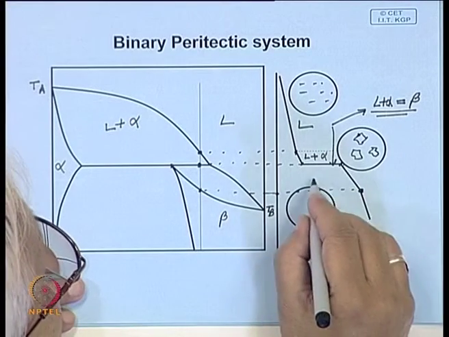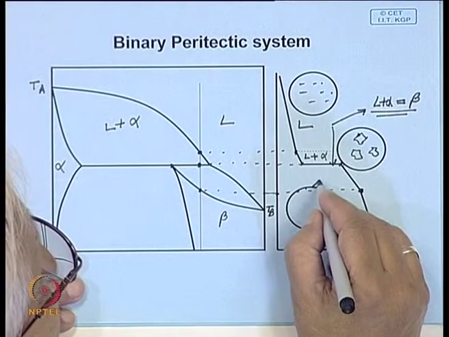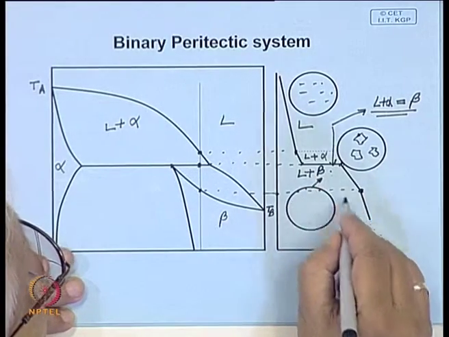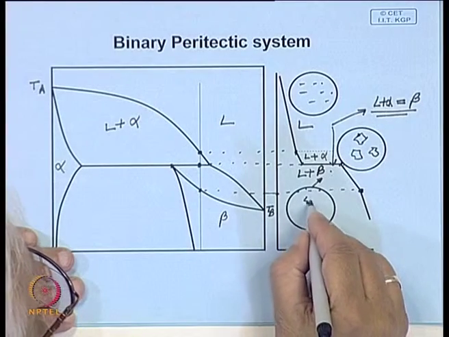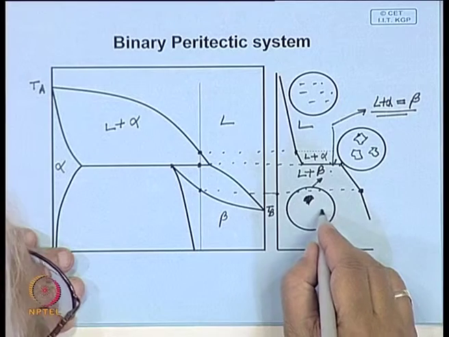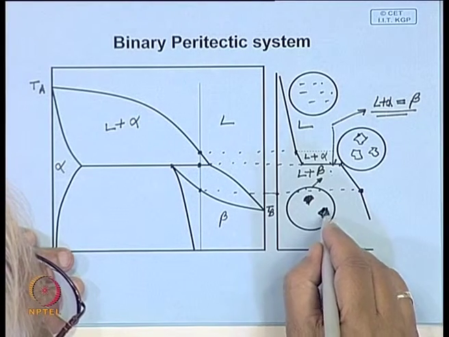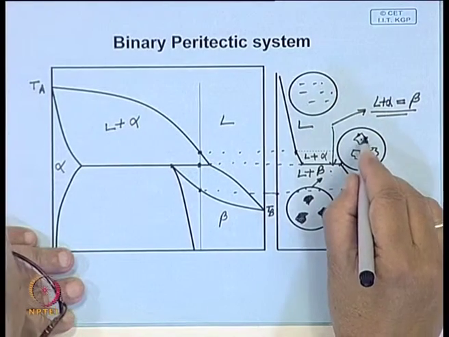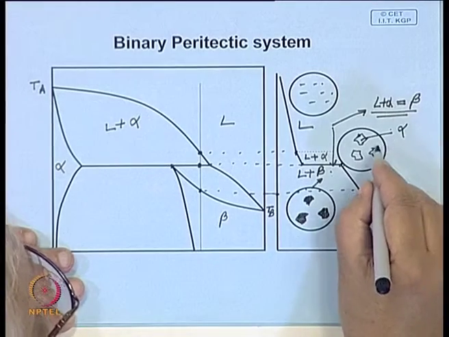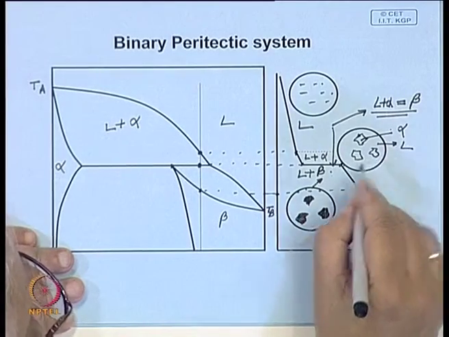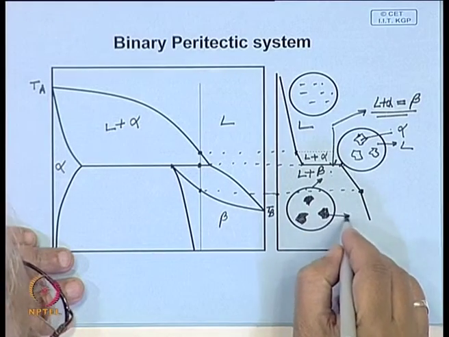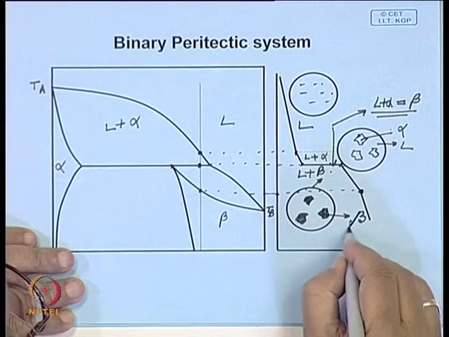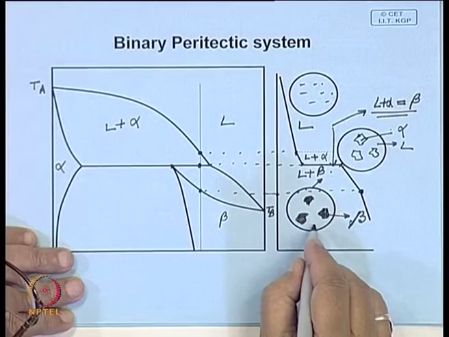Now, here, what happens if you try and draw the structure in this particular zone where you have liquid plus beta? That means the entire amount of this reacts and forms beta. This is beta, the entire amount. Here it is alpha, primary alpha, this is liquid. Here, primary alpha, the entire amount is converted into beta, and you still have liquid here,